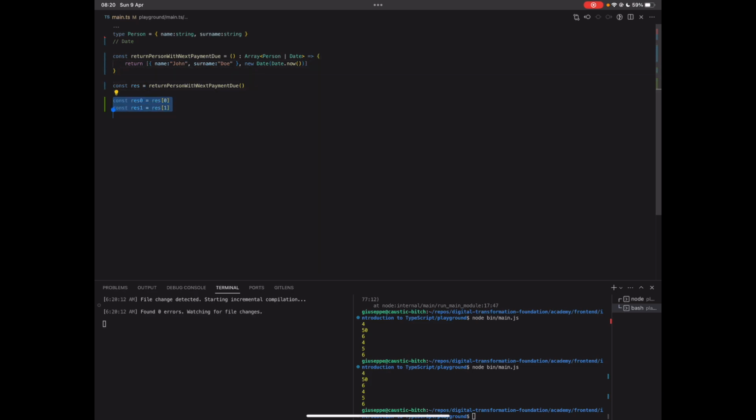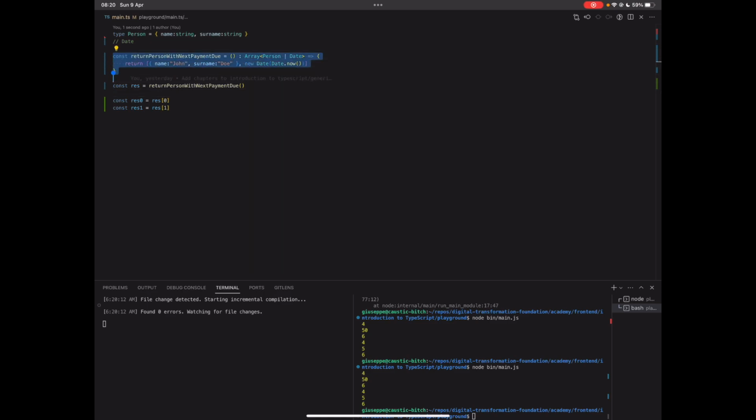But if you were to look at code like these three lines that I'm selecting, because the function is somewhere in another module, it's very far away from your site right now, you might be led to wonder, okay, how do I know that res contains exactly two elements and that they contain also first a person and then a date? You cannot. So having types that are not precise enough can be damaging,